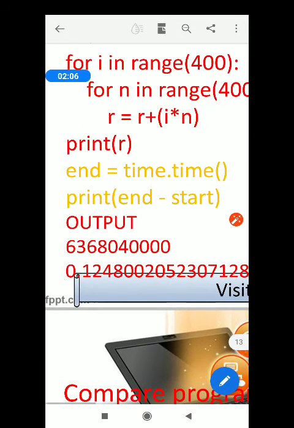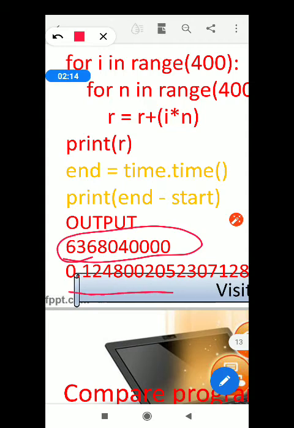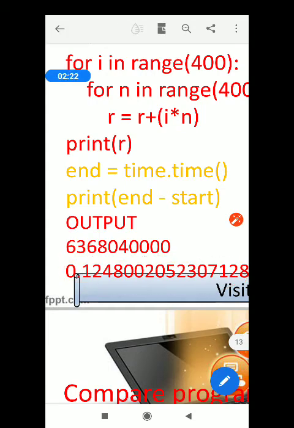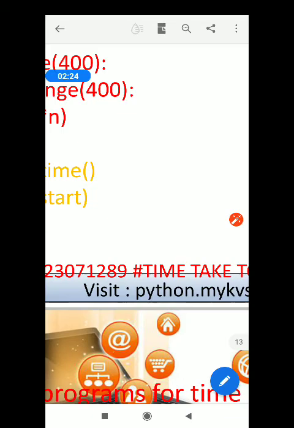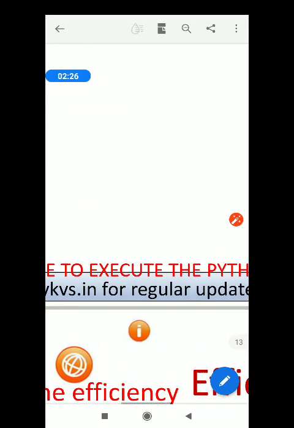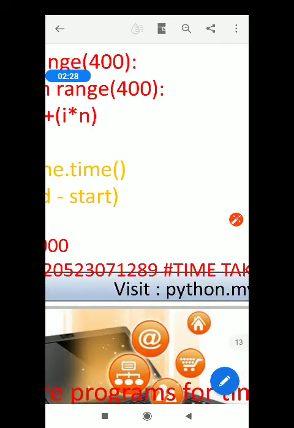This is the value of r after the for loop, and the time taken to execute this is given by 0.1248 and a large number, okay? So this is how you may measure the time taken to execute a particular Python program.